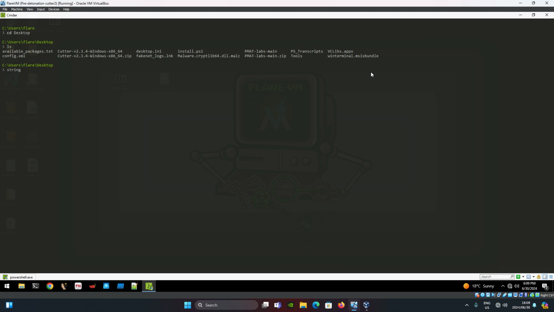There's lots of ways we could get the strings, we could use FLOSS, but I like using FLOSS more because there's a lot of options. I'm not gonna go through all the options when using FLOSS. We could direct that to, let's just say, malware.txt. If we cat that,